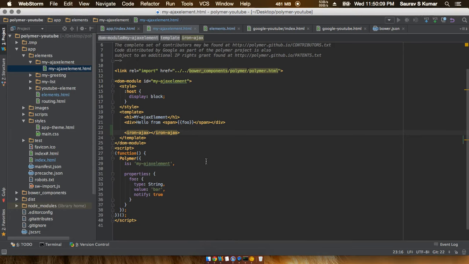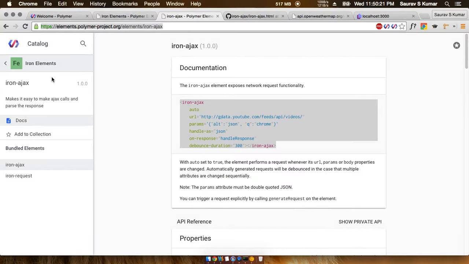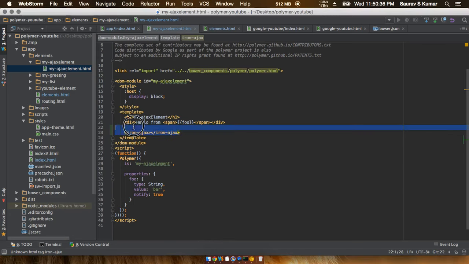Okay friends, welcome back, and in this tutorial we are going to start with Ajax. So Ajax in Polymer is actually achieved with the help of iron-ajax elements, and if you need some reference, just go on to this web page, that is the catalog, the iron elements inside the catalog page, and you can actually find some pseudocode out here. So let's just copy the code and we'll analyze what it means one by one.